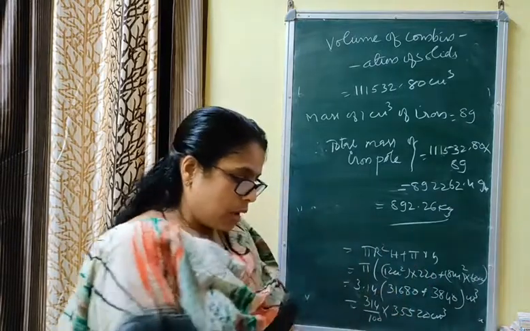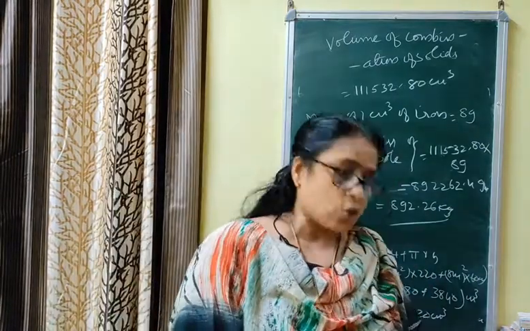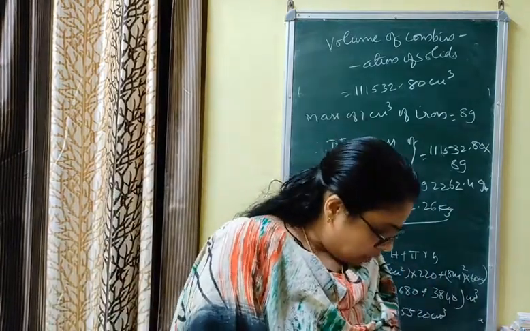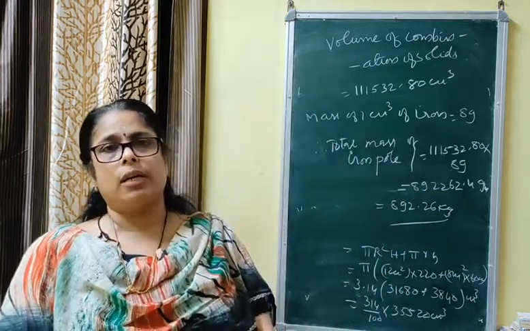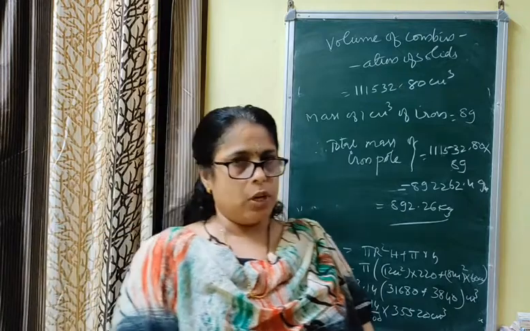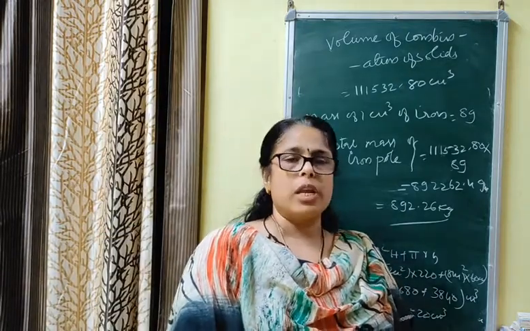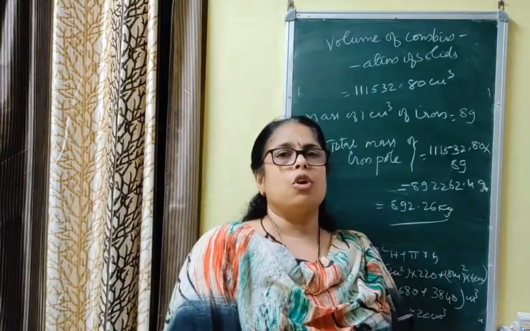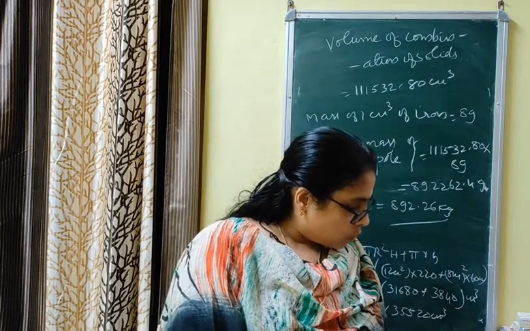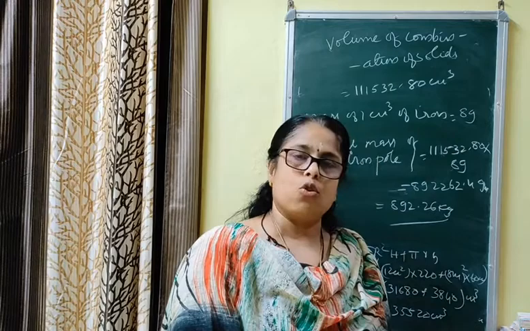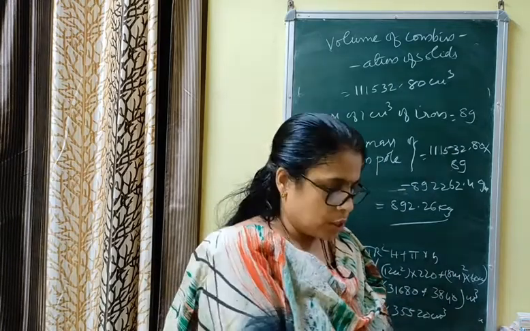That means today we have discussed 6 questions of exercise 13.2, that is conversion of solid. If one solid is converted to another, their volume will be equal. For finding the volume of a combination of figures, we have to add the volumes of each figure separately. And 2 questions are remaining that you can do as homework. If you need queries, you can ask me. See you again. Thank you.